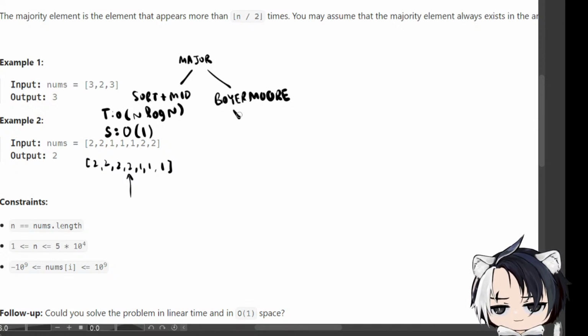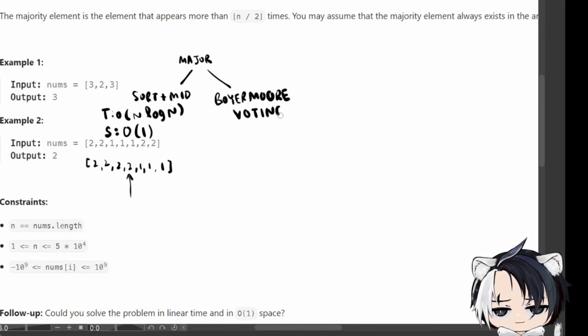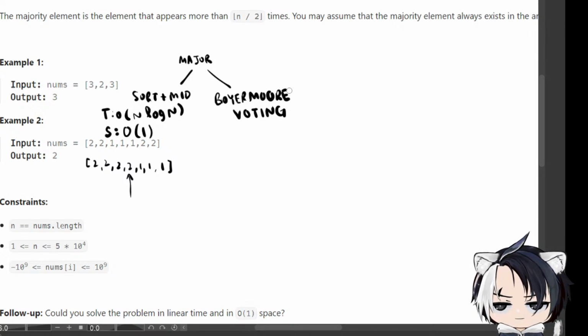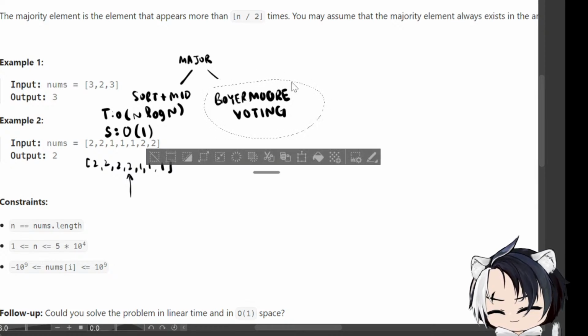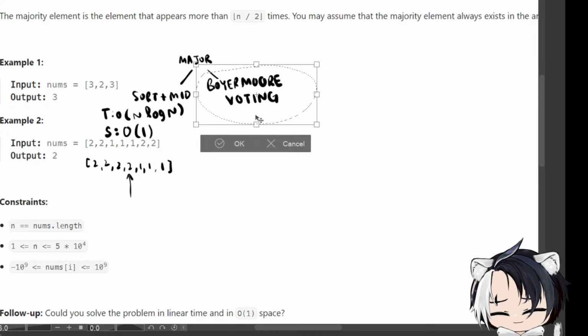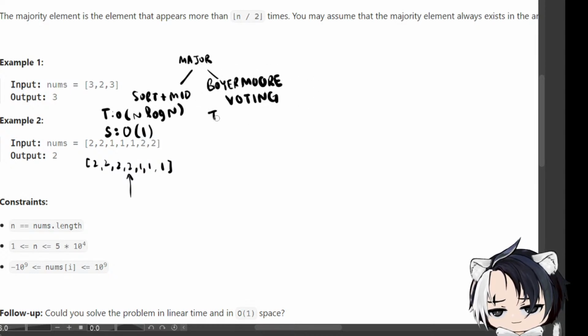Voting. We know all these are just algorithms, so we just say Boyer-Moore voting. Here we go. So those are the two algorithms that you can use. And erase this here. Move this up so that we can say time complexity. Time complexity being